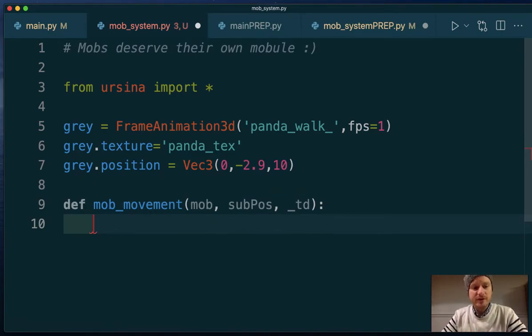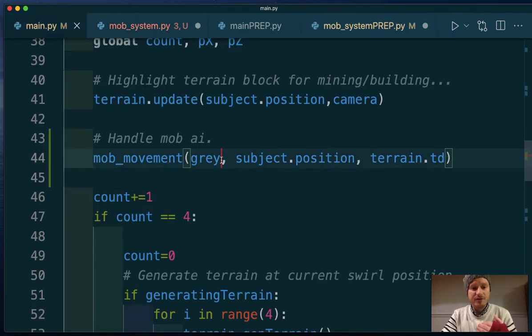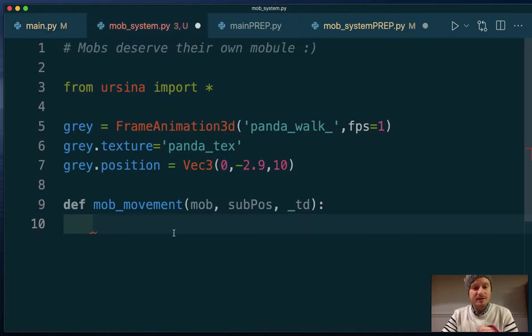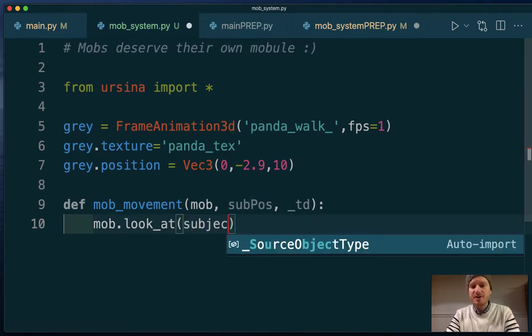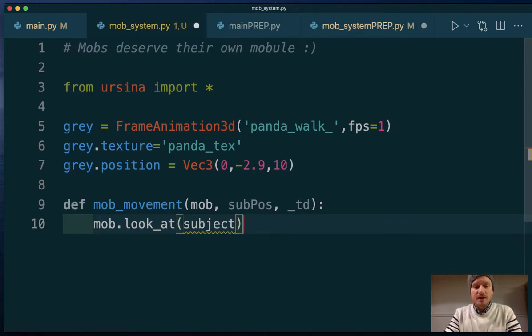What's the first thing that we want to do then? The first thing that we want to do is get Gray to look towards the player. Now, Ursina would do this way. Remember, although we're talking about Gray, it's whatever mob we pass through, and we've passed through Gray. So we want to generalize. We want to say mob, we want to look at, so that's the Ursina function. And all we need to say here is what entity. Or, no, it might be the actual entity, so we'd have to put the subject in here. However, I think